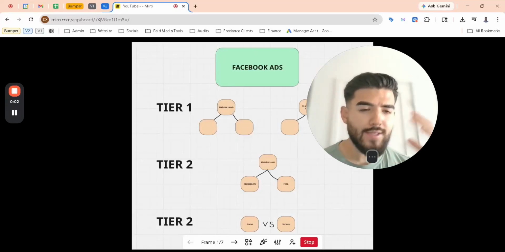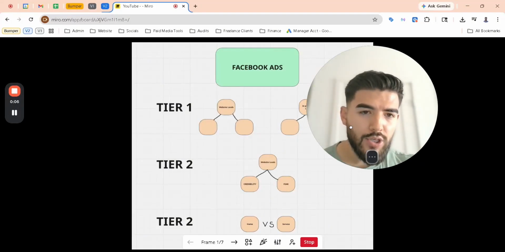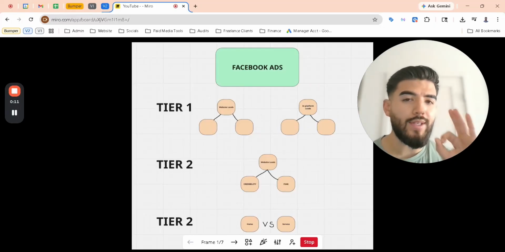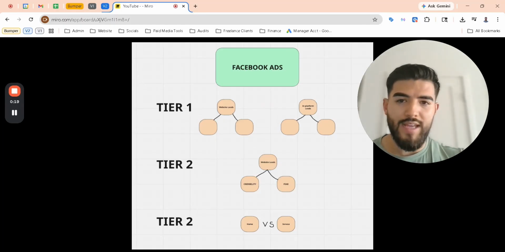You do not have a system in Facebook ads to be doing your creative testing. I'm going to show you the most effective system that I've found so far. It contains 3 tiers of tests that you're going to run in a singular campaign over time. Let me just explain what I have here, and I'm going to run through real examples on each